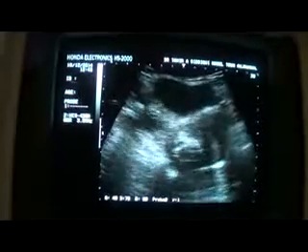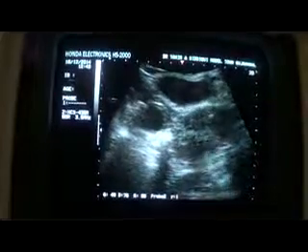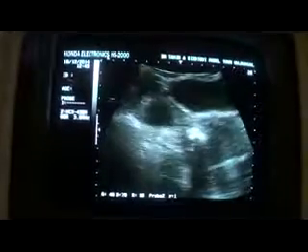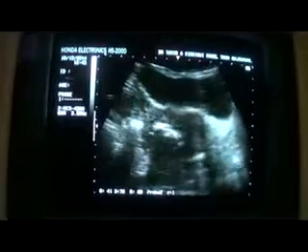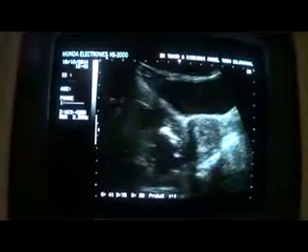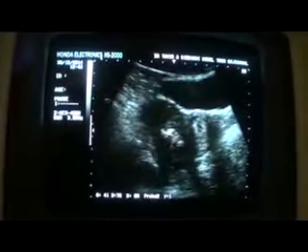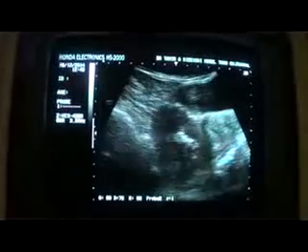This is the transverse section of the uterus with normal ovary, and this is the longitudinal section,